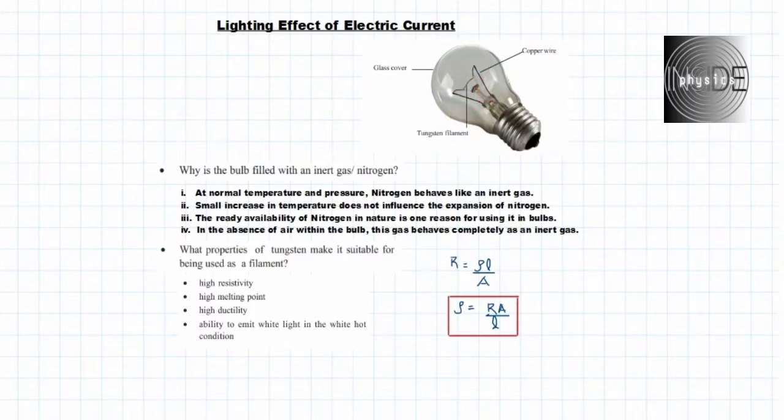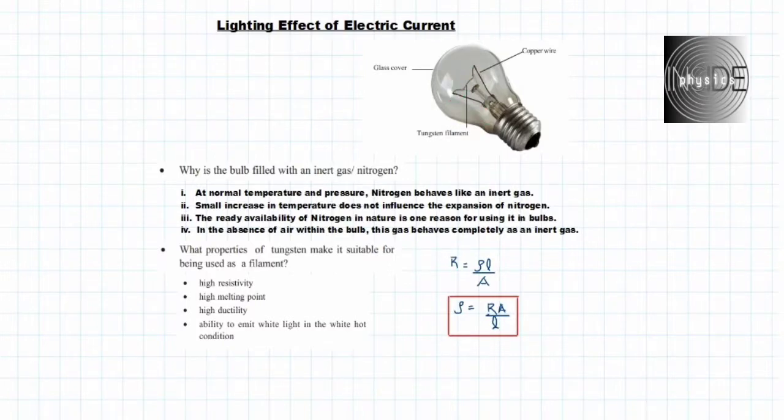So we have seen that the tungsten filament has been placed at the center, and it is made of a metal, and tungsten becomes white hot and emits white light, and it works for a long period of time. So in order to avoid the vaporization of the filament inside the lamp, we are filling some inert gas at low pressure and the bulb is evacuated. We have seen that now.